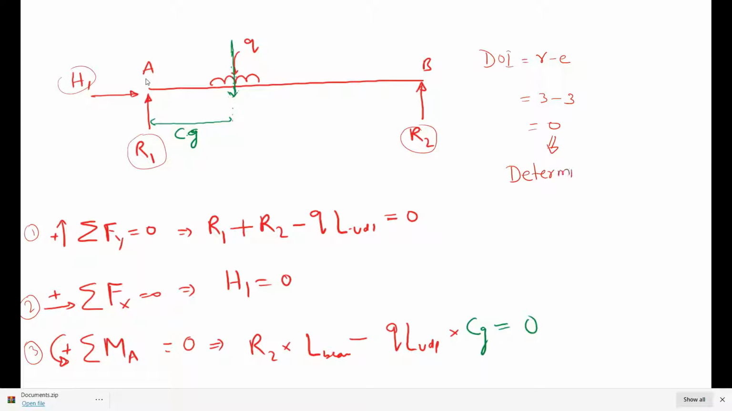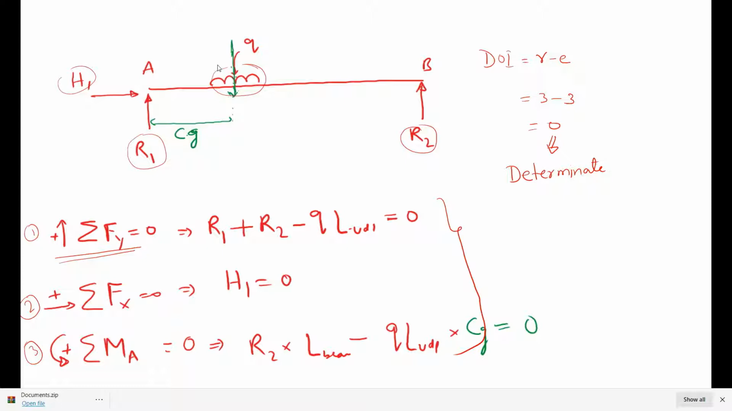The structure is determinate, and we know that determinate structures are those which can be solved using only the equilibrium equations. So these three equilibrium equations are sufficient to solve this problem. Okay, so now we get the reactions. Summation of force along the y-axis is the first equilibrium equation. We are considering upward as positive, so R1 is acting upward, so R1 is positive, R2 is also positive, and negative of Q, the distributed load, but we know that the distributed load should act as an